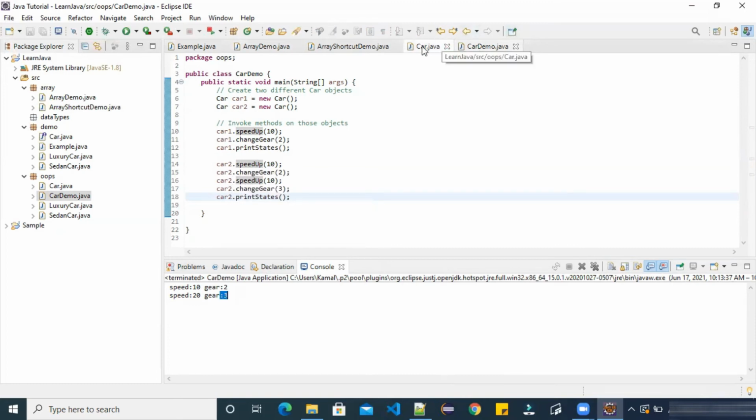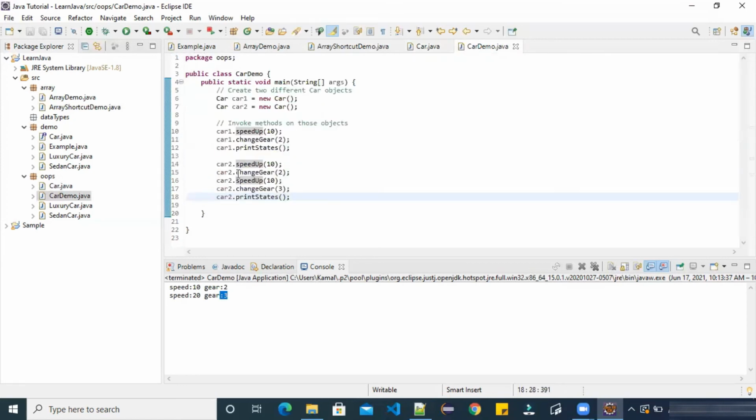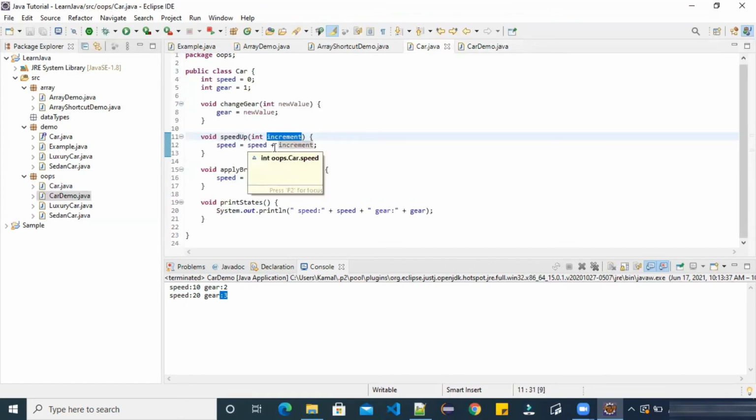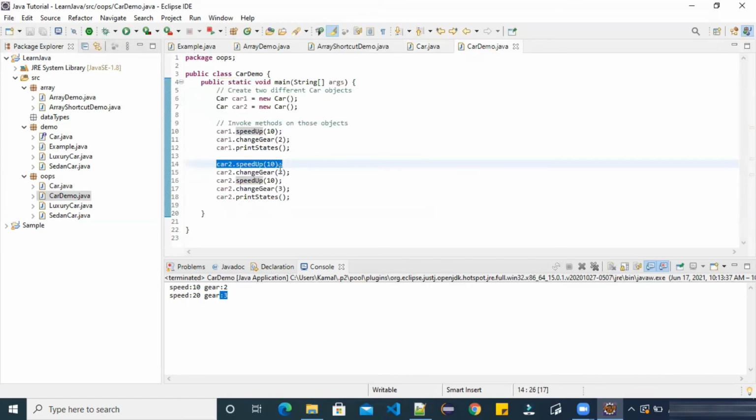And what was speedUp doing? SpeedUp was incrementing the value. The first time, when we executed the line speedUp 10, speed = speed + increment. Speed was 0 initially, 0 plus increment 10. Speed then had the value 10 up to this point.